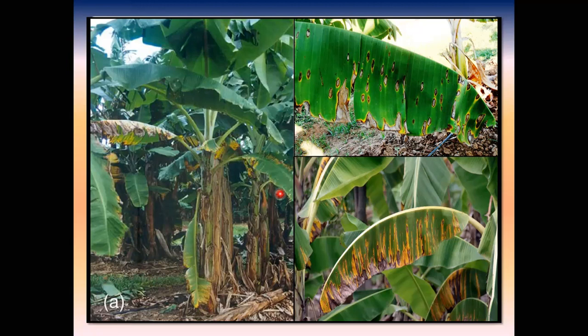This infection is mainly seen on the middle parts as well as the lowermost parts of the banana plants. So initially small spindle-shaped spots are seen on the